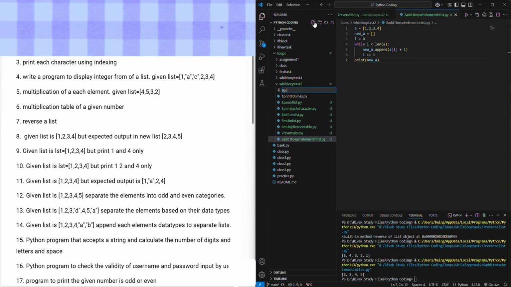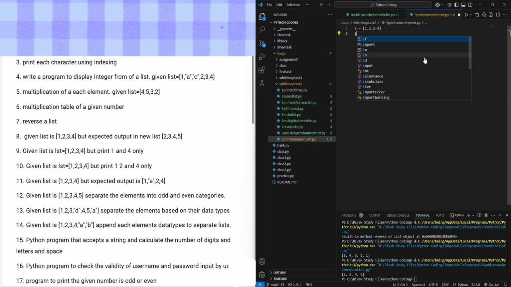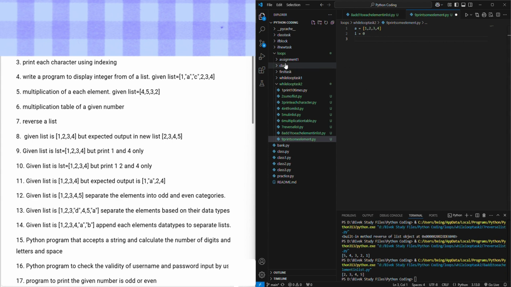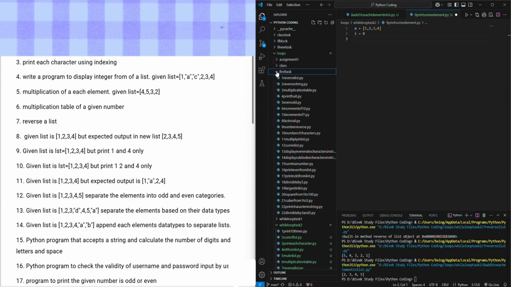So, print some elements only. Let's see, if the list is 1, 2, 3, 4, now we have to print only the 1 and 4. While we can only extract the elements of a list by using their indexing. So we are going to continuously use the indexing method to extract the elements, while in the